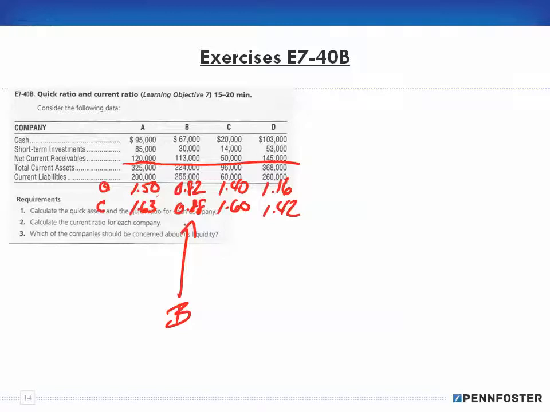All right, anything less than 1 is not a good number. Okay, so the general cutoff point is 1.0 as part of the ratio. When you get less than that, you don't have enough assets in order to be able to cover your liabilities. All right, so it's like saying, okay,